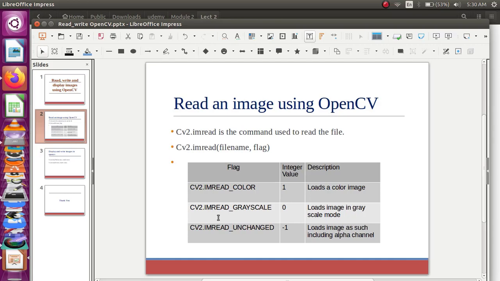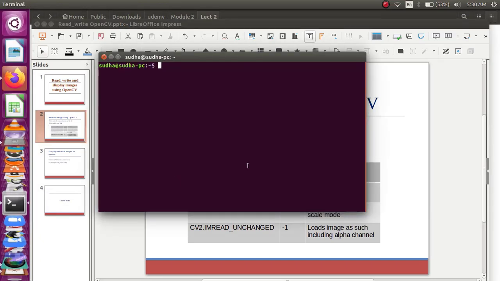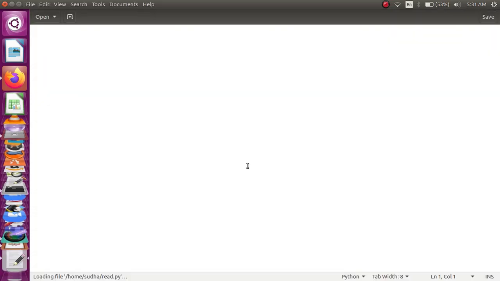So let's not wait, we will enter the coding part of this session. For this, I am not going to open Jupyter Notebook. I am going to open my Python IDE itself. Let me open the terminal. From this, I am going to use gedit for writing my code. This is the name of my file. Soon I will explain why I am not using Jupyter Notebook and am using an editor window. This is your editor window. Here you can type your code.